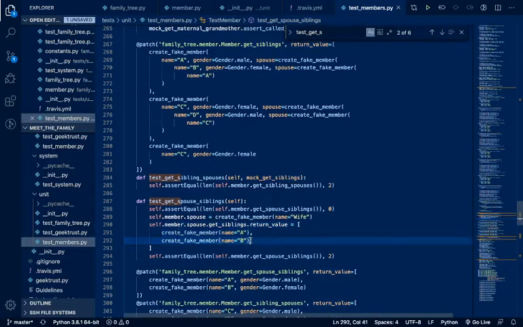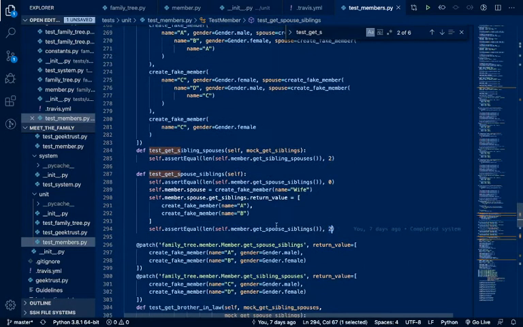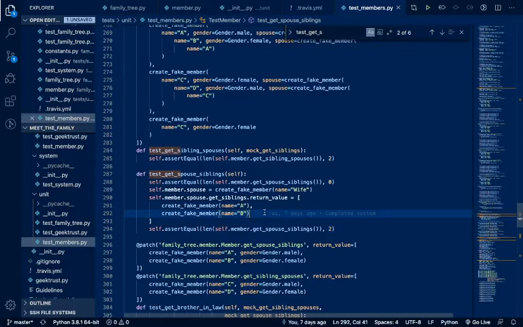So our spouse will have two siblings. So now that we have created a spouse and given her two siblings, when we assert equal the return value, we should get two siblings, right? So the length is 2. So we have tested our get spouse siblings as well.